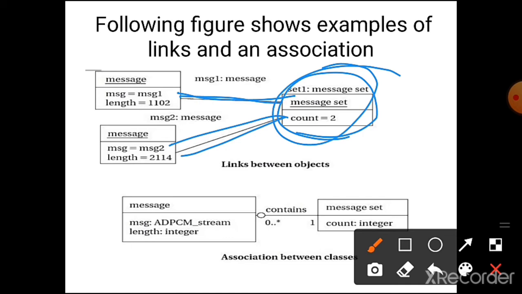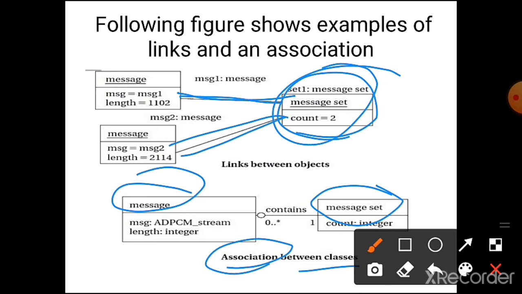That is the link. When we go to generalize into classes, we define the association. So association is between the classes. So here we define an association between a class message set with another class message. Here the association is drawn as a line between the two, labeled with the name of the association, contains. So here we are connecting these messages through a line, and one side contains a role, and also it contains the number of